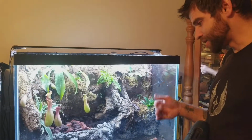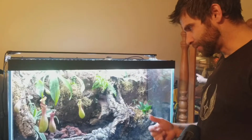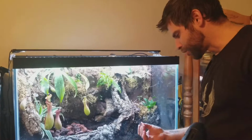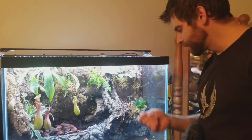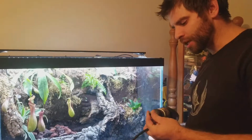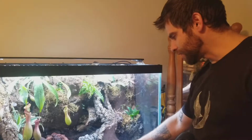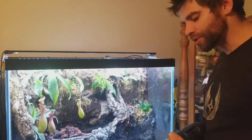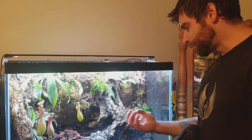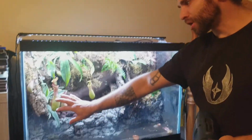So what I had to do was remove that mesh pre-filter, and dig it out with a small drill bit, which I used by hand. Because of the tapered drill bit, it also bottlenecked, which I noticed when the water was filling in this front section and not flowing through into the back section freely. Once I went ahead and removed that, the pump was able to keep up at 80 gallons per hour